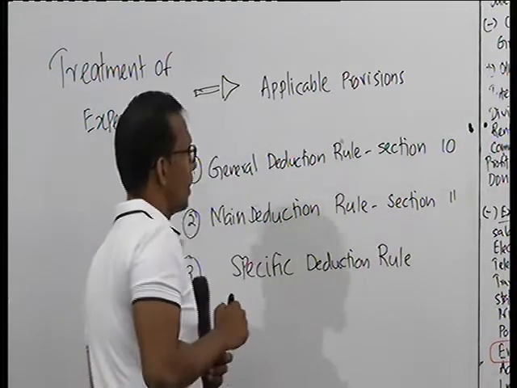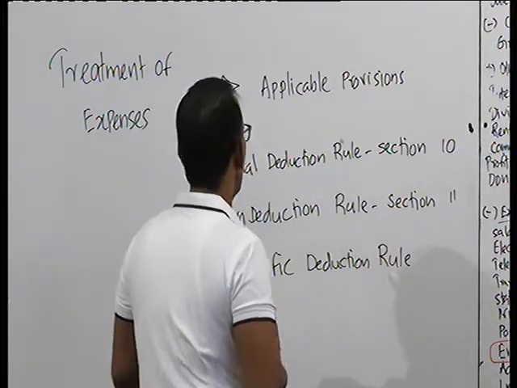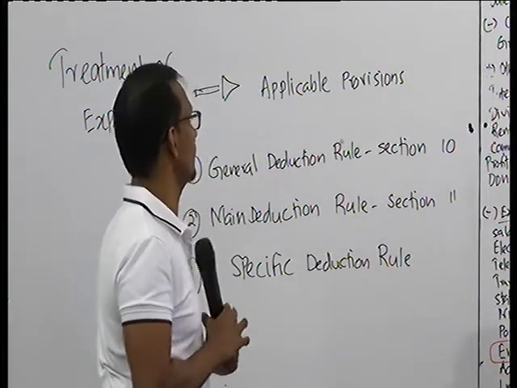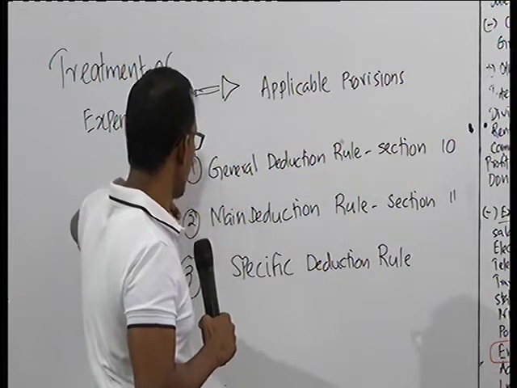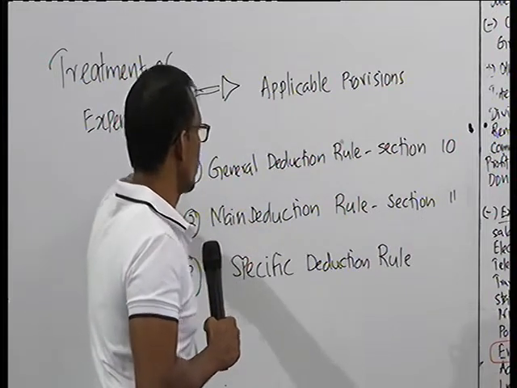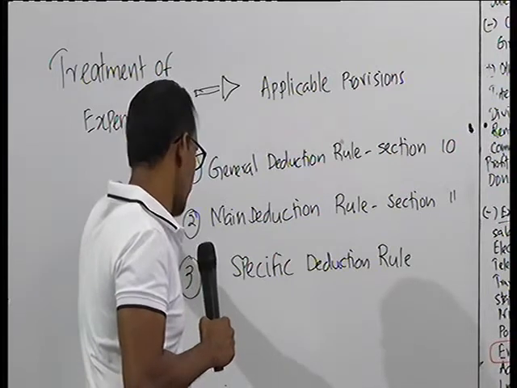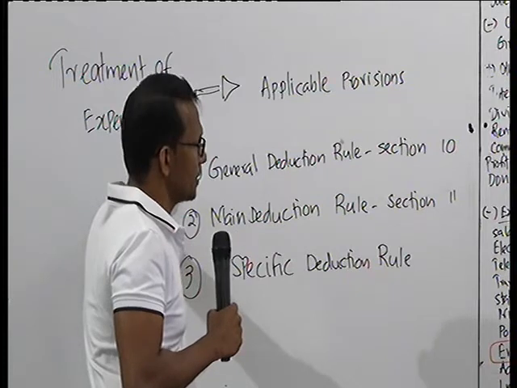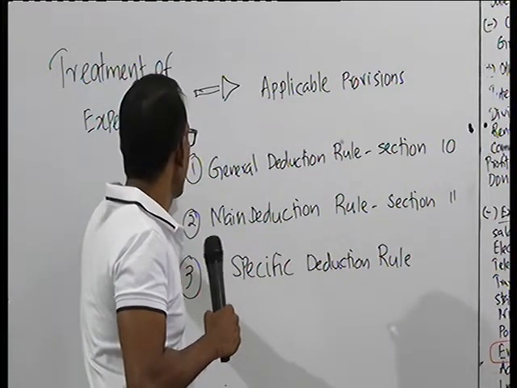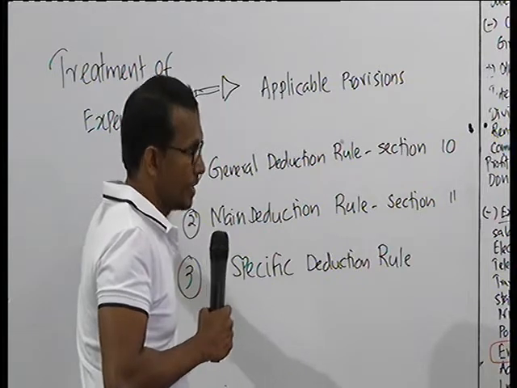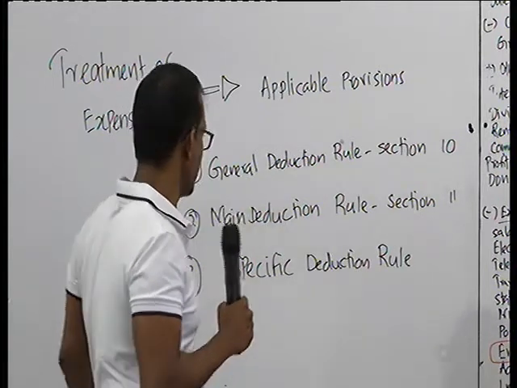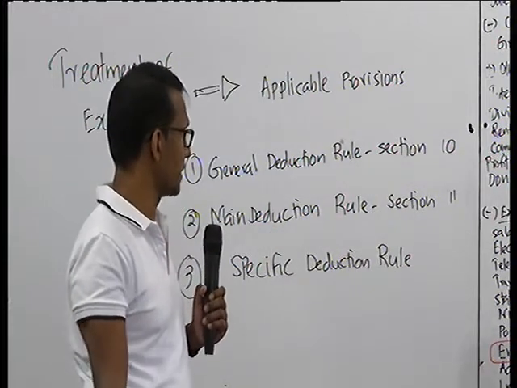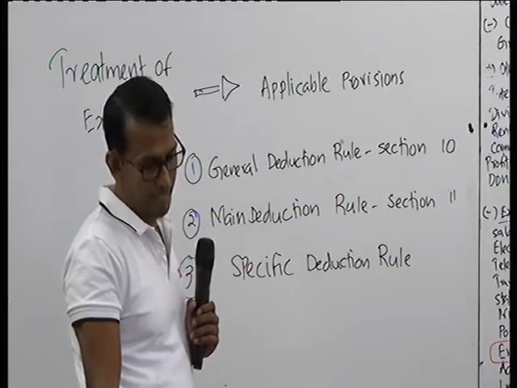Okay, now, as I explained, in considering the expenses in the computation of assessable income, you need to be very careful and you need to be very knowledgeable about the provisions or the guidelines given under these different sections. Now the first is the general deduction rule, and you have already taken down the subheading general deduction rule, and under that say